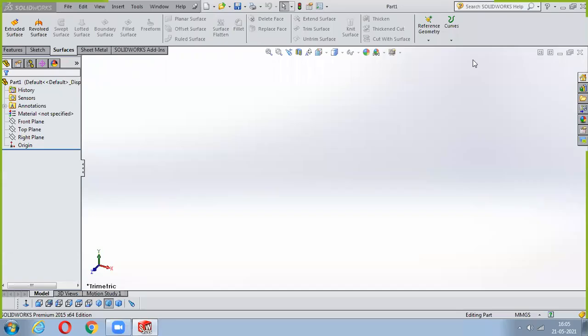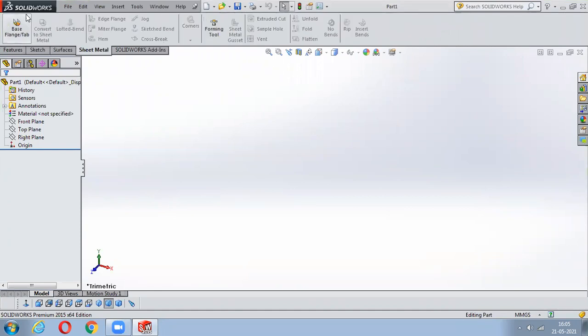The operations we perform on a sheet metal are not many. We only use cutting, bending, and stamping. Okay, so only these three operations. If you notice, you'll get the sheet metal here. So this much are the tools we have for our sheet metals. Okay, so these two things I'll explain to you at the last.